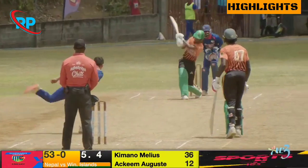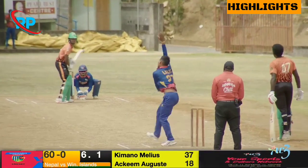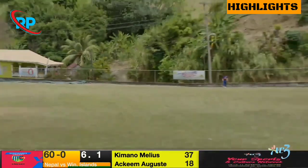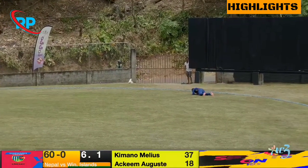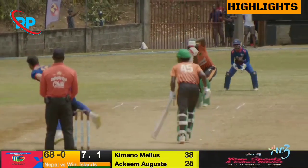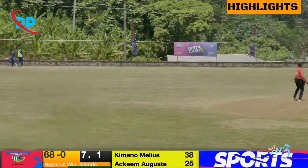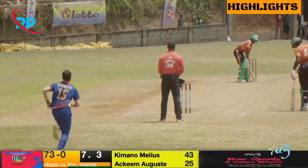There's practice. And this one he pulls over mid wicket. That is going to go out to the ground. Time to August. Drives. And this one is going to beat the fielder. The bounce would have undone him there. And that's four this time to Melius. Drives. Lovely shot indeed. It looked easy, but it was a well taken drive there by